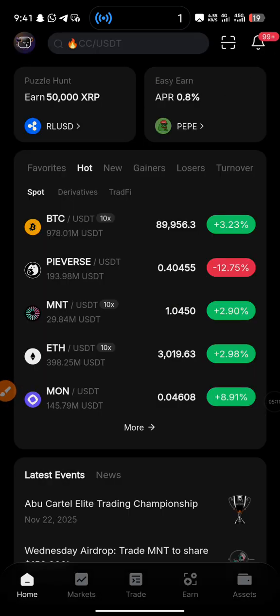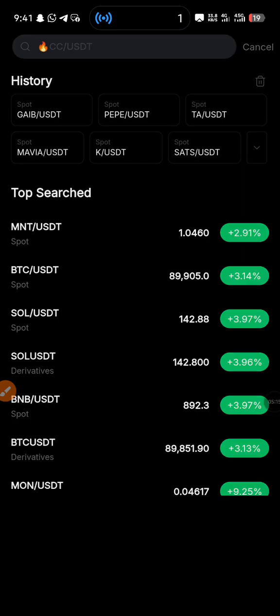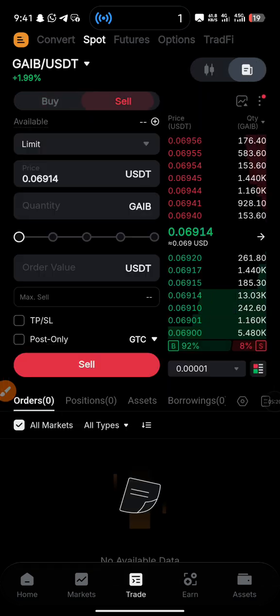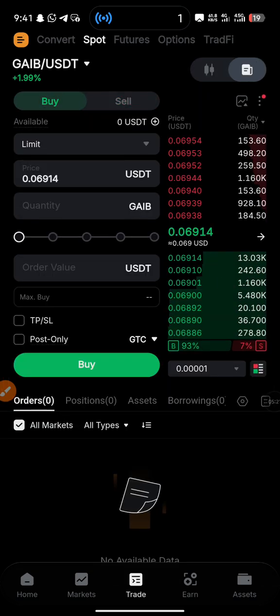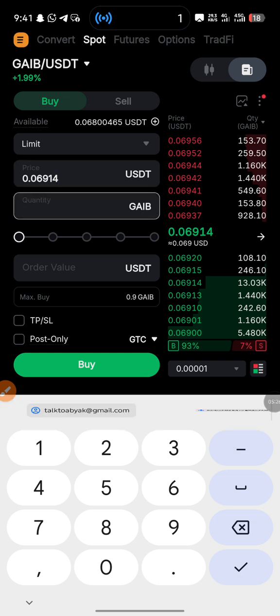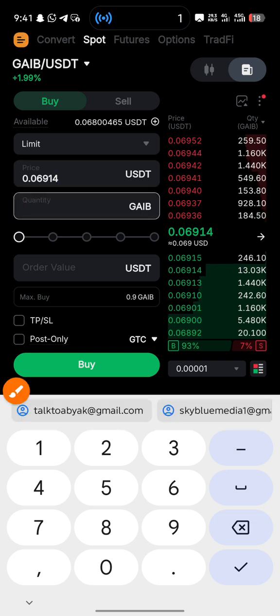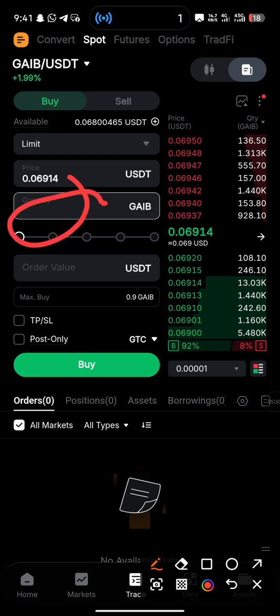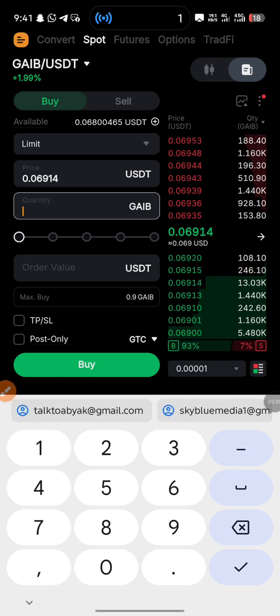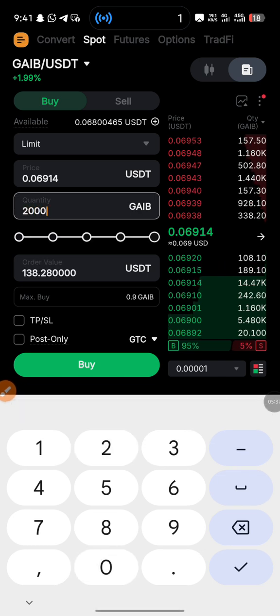Let's go back there to the trade. Now look for the coin. 2000 of this particular coin, how much will it give us? Okay, let's say we need 2000 of this particular coin. I'm going to input the volume here and see how much we need for it. 2000 of this particular coin, you're going to need